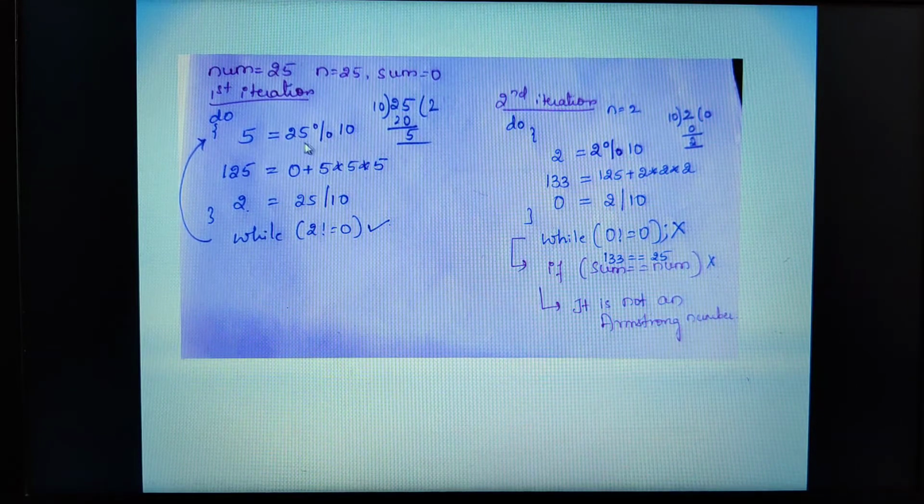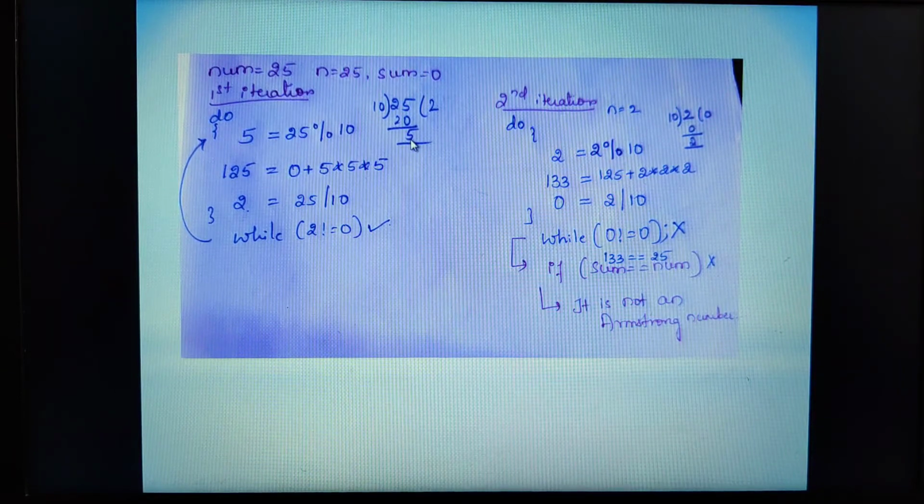We have taken the first modulus operator. So 25 mod 10, 10 2s are 20, we know. 5 is the remainder, because in 25 the 5 should be separated first and its cube taken. Next, the 2 should be separated, and its cube added with this 5 cube, only then are we able to find out whether it's an Armstrong number or not. So when I do this modulus operation, I got the remainder as 5. I have placed it in a variable known as digit here.